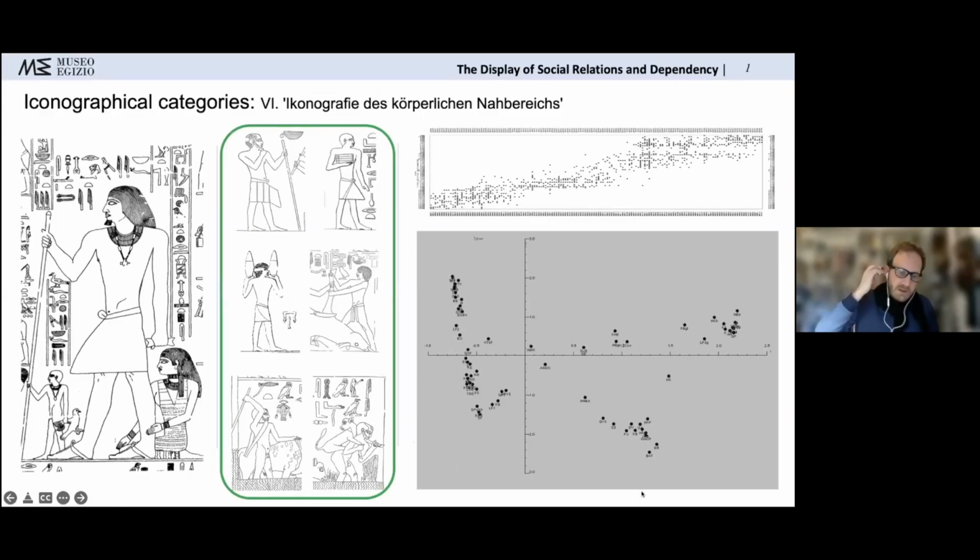The final point to be considered, speaking about the Mastaba of T, is the so-called Ikonographie des körperlichen Nahbereiches. I have not yet really found a proper English translation for that. This refers to all iconographic indices close to the body, such as clothing and hairstyles, as well as jewelry, with which people are marked. The aim of looking at those different elements is to see whether there are features and combinations which have